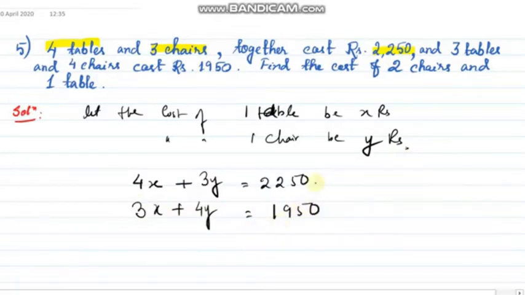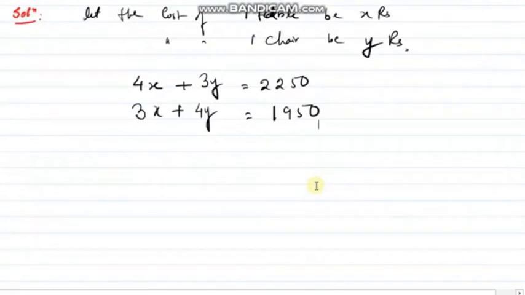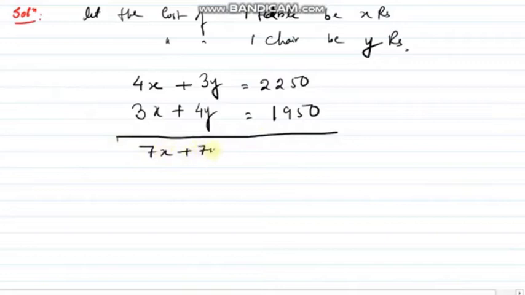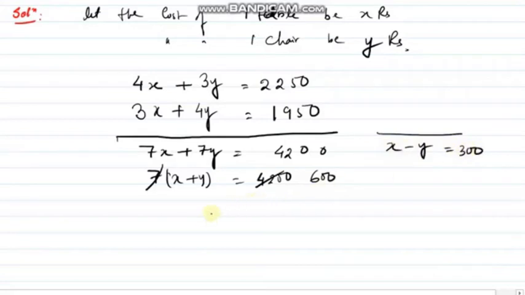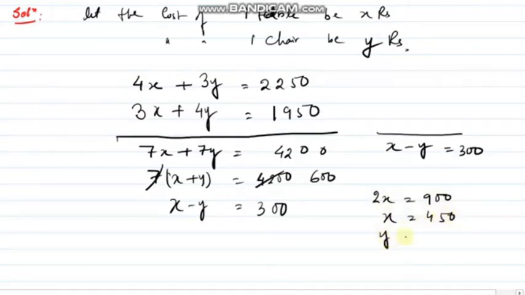So there is a special way I told you to solve this. If you remember, just check here, the coefficients got exchanged. So I will add them. So 7x plus 7y equals 4200. If I take 7 common and divide 4200 by 7, I will get 600, right? And if I subtract these two equations, just check, I will get x minus y equals 300, right? So now if I add these two equations, I will get 2x equals 900, so x will be 450 and y will be